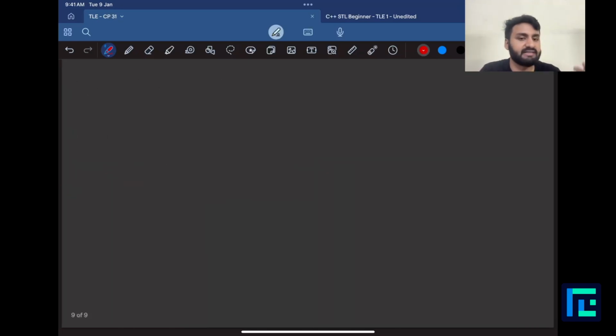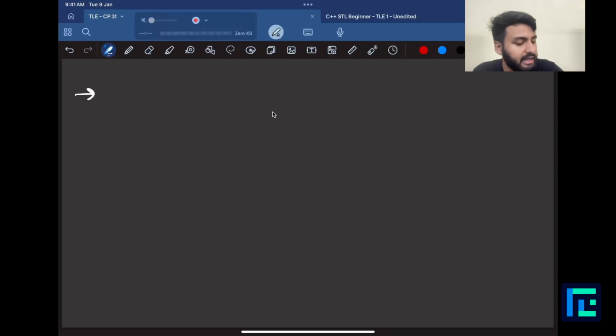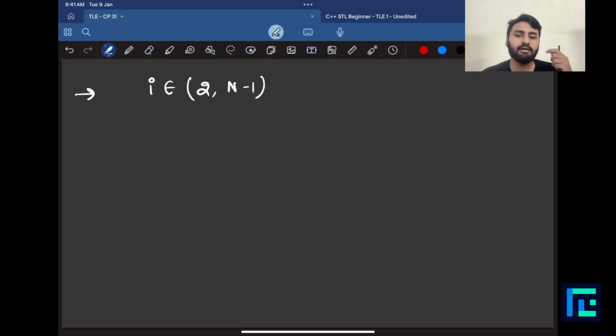So we'll try to prove ourselves and see where am I getting this intuition and where am I getting this idea. So point number 1 over here is, if I observe very carefully, the power to swap numbers and change the positions of some numbers is effectively not given in every range. Over here you have been told that the index needs to belong from 2 to n minus 1. Now which is that one index that doesn't fall in this range? Or to be very specific, which is that one index which has no power